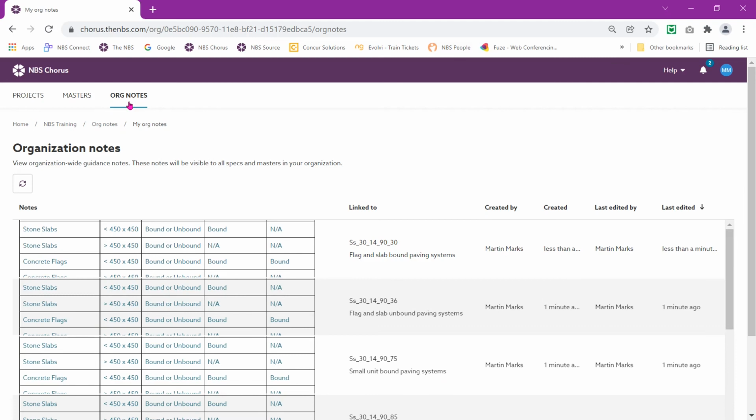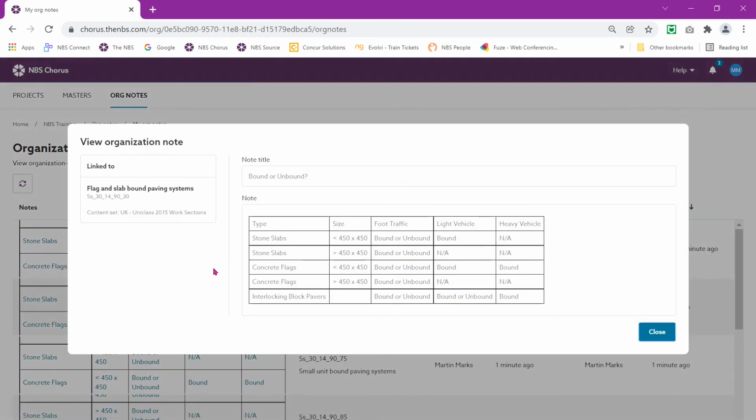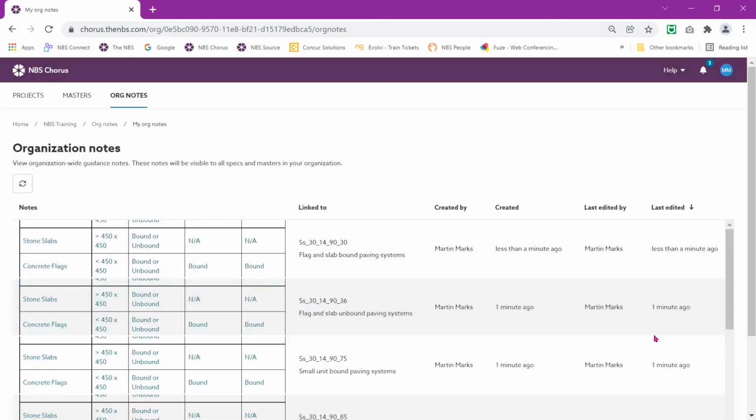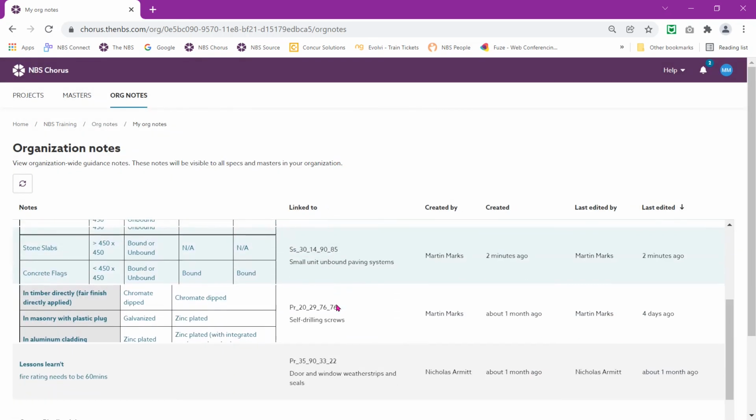So at the top, these are the 4 tables I created just before, and you'll clearly see that the full table isn't visible. But if I click on this one at the top, it'll open a dialog allowing me to view the whole table. If I close that and then scroll down,